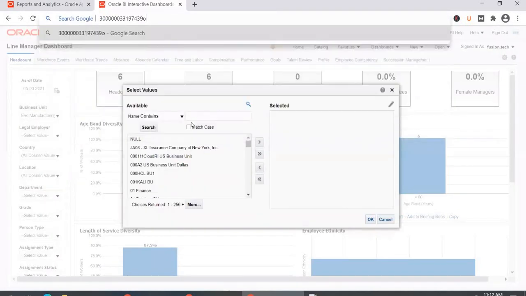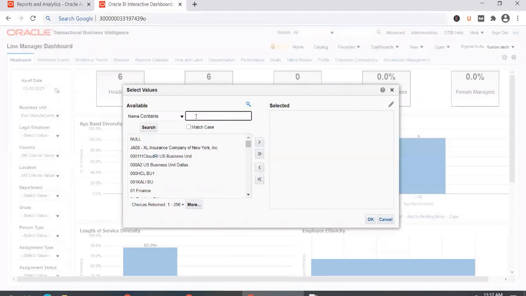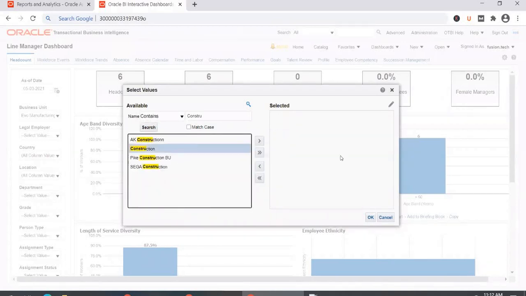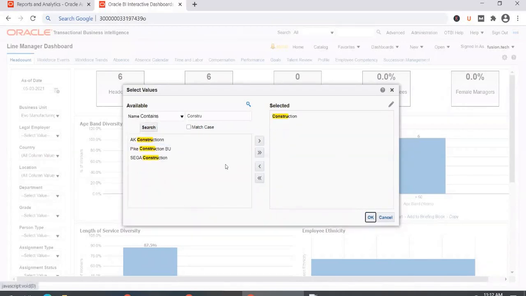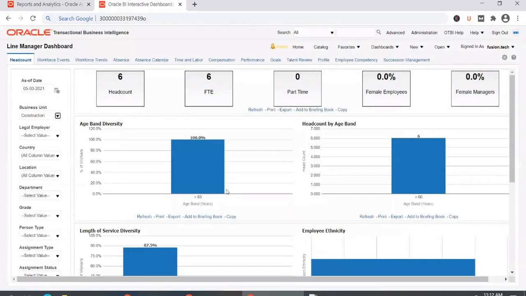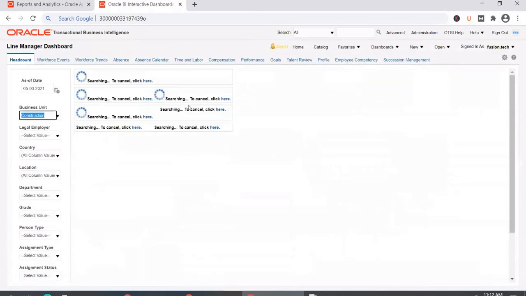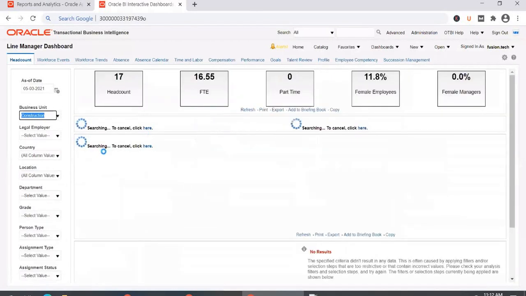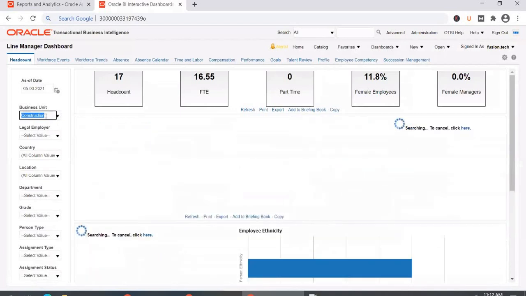So let me select Construction. Yeah, we've got some data for the Construction BU.